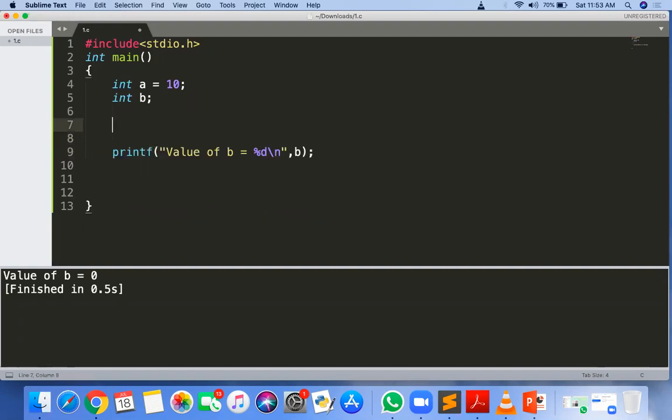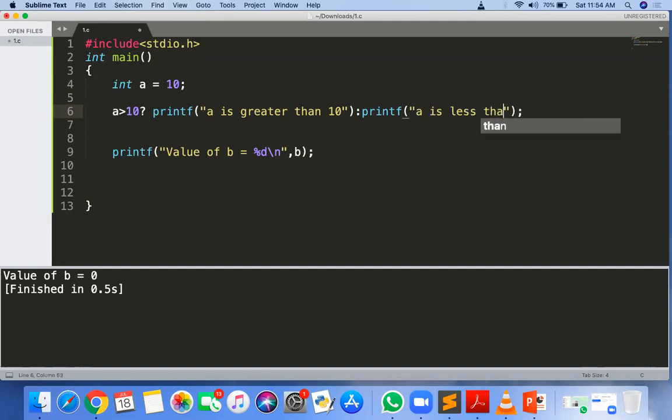Okay, so if this one is there, if A greater than 10, I can also write the same thing here. I can put a printf statement also. A is greater than 10, colon, printf, A is less than 10. Okay, so that is one format of writing that if else statement,